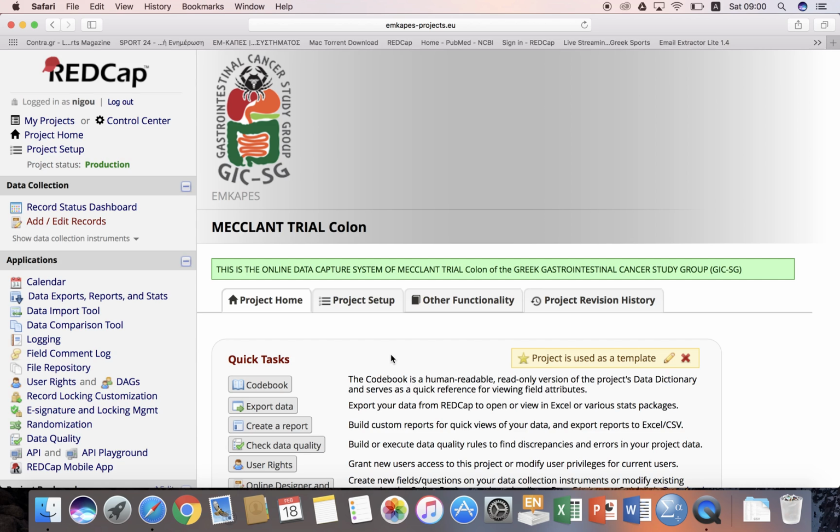So the project page is relatively easy. All you have to do is go to add and edit records to add or edit a pre-added patient of yours. Through this online system, the randomization is done. So whenever you have a patient that is eligible and fulfills the inclusion criteria of the trials, you should go to this page before doing anything and at least add the patient with his